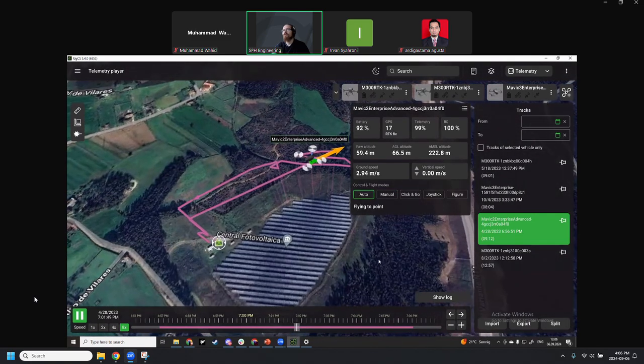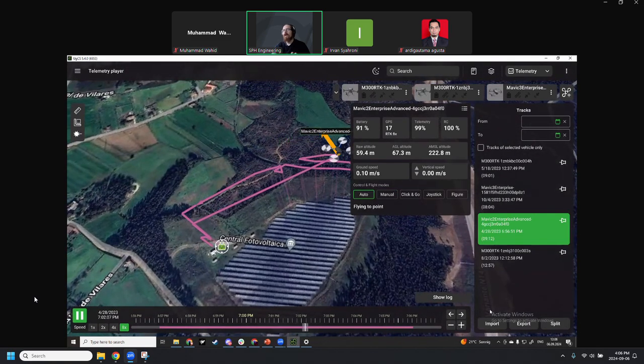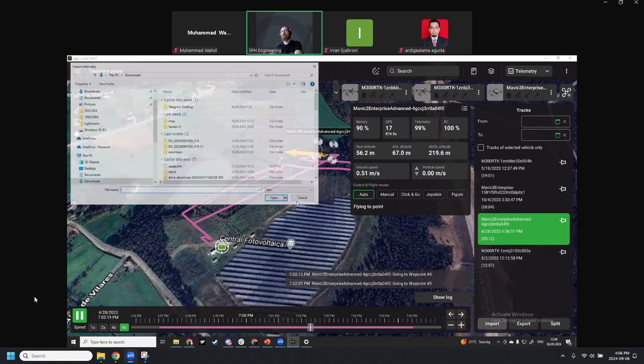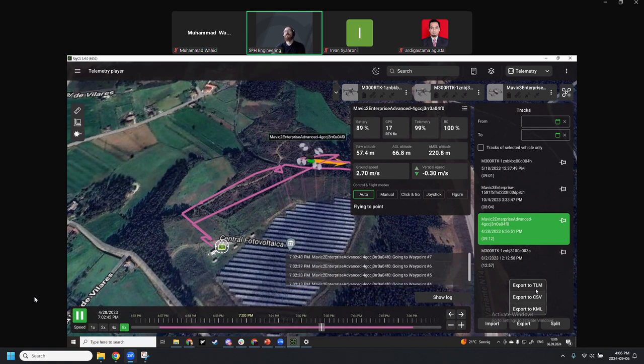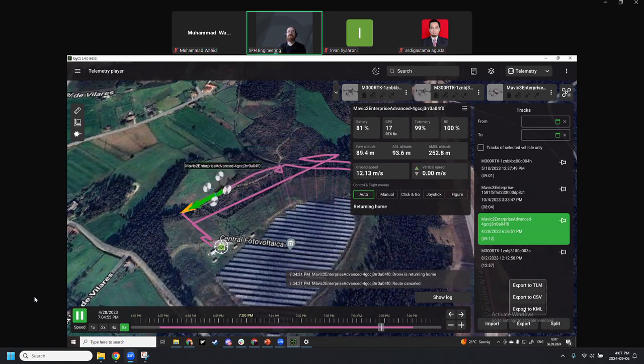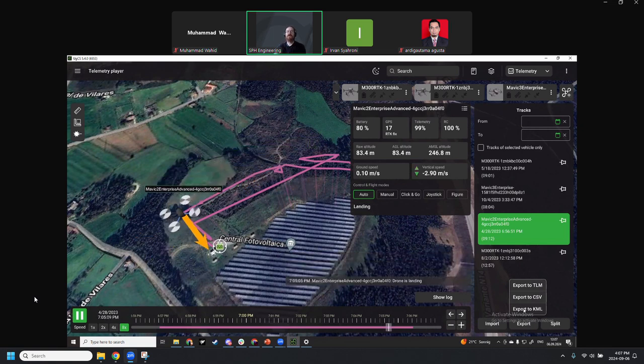Yes, now it is smooth. And of course, you can import and export the telemetry. So TLM is the native UGCS format and contains all of this wonderful data here, but you can also export it as CSV or KML. But the CSV and KML have their own limitations, but they're more widely supported by telemetry apps such as AirData,